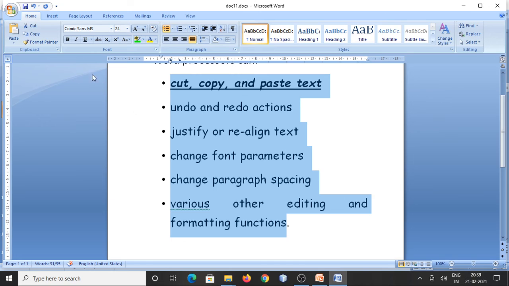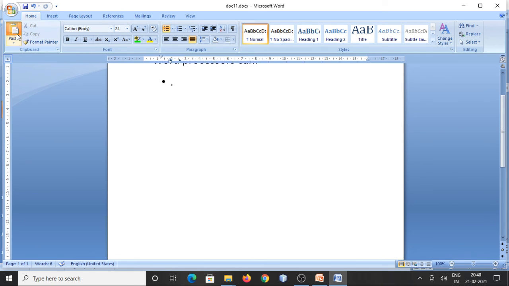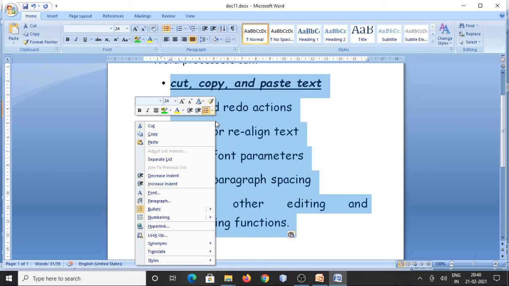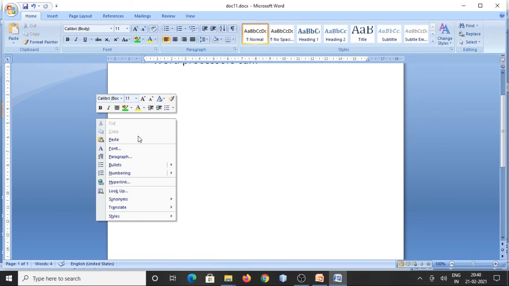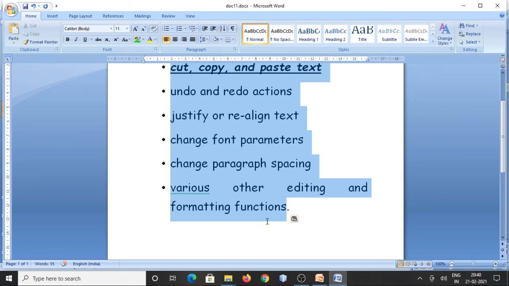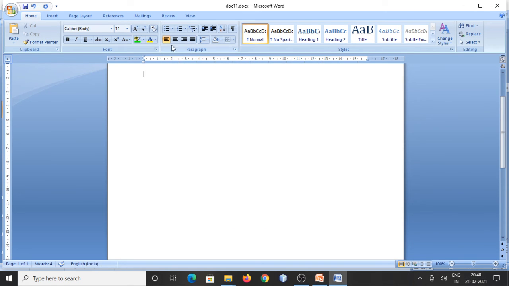These all are about the changes of font. So here the keys are also there, Control X, and copy and paste. If you click on this, then it will cut. If you click on paste, then it will come. Otherwise you can select this one and click the right button of the mouse and click on cut, and then once again paste, it will appear. So all about this is for the editing of the text.